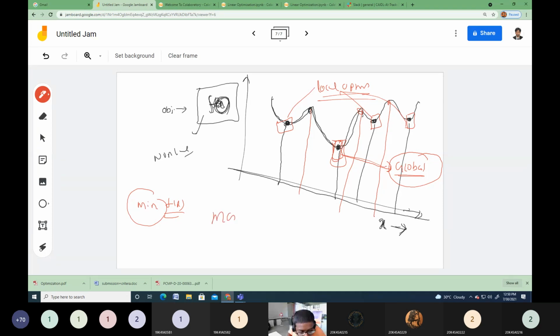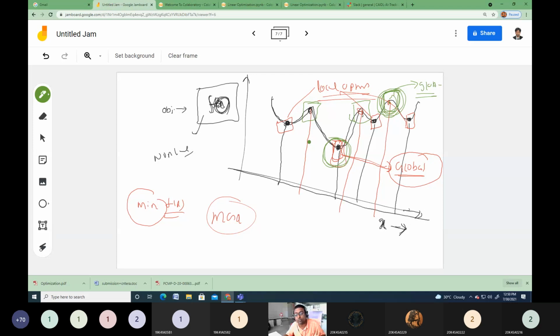Suppose you are dealing with a maximization problem. Now you have to identify the points. This is one local maximum point, this is another local maximum point, and this is another local maximum point. Out of which is the maximum? This is the maximum. So this is called the global maximum point or global optimum point. Optimum means that it may be either minimum or maximum. So if it is a maximization problem, you have to identify this point, or if it is a minimization problem, you have to find this point.